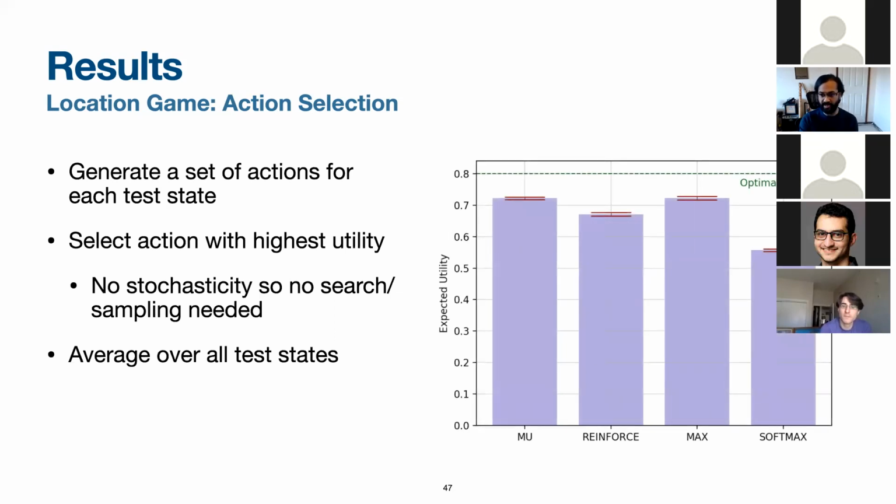The figure on the right plots the expected utilities of all the training objectives that we look at. From here, we see that it is clear that marginal utility and the max both outperform reinforce. Now, in this case, marginal utility does not significantly outperform max, because the optimization landscape in this case may be a little easier to optimize, and so max is sufficient enough to do the job for training a candidate generator.